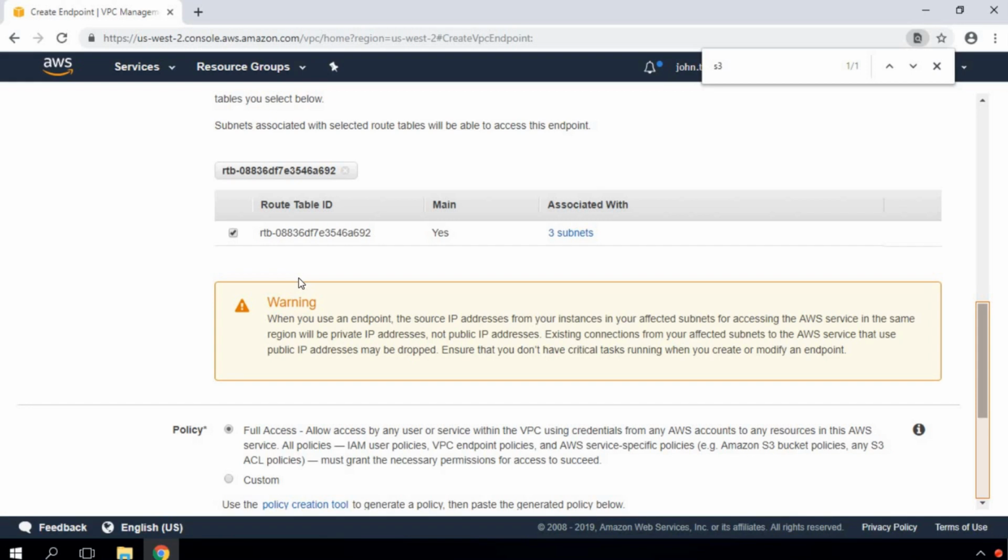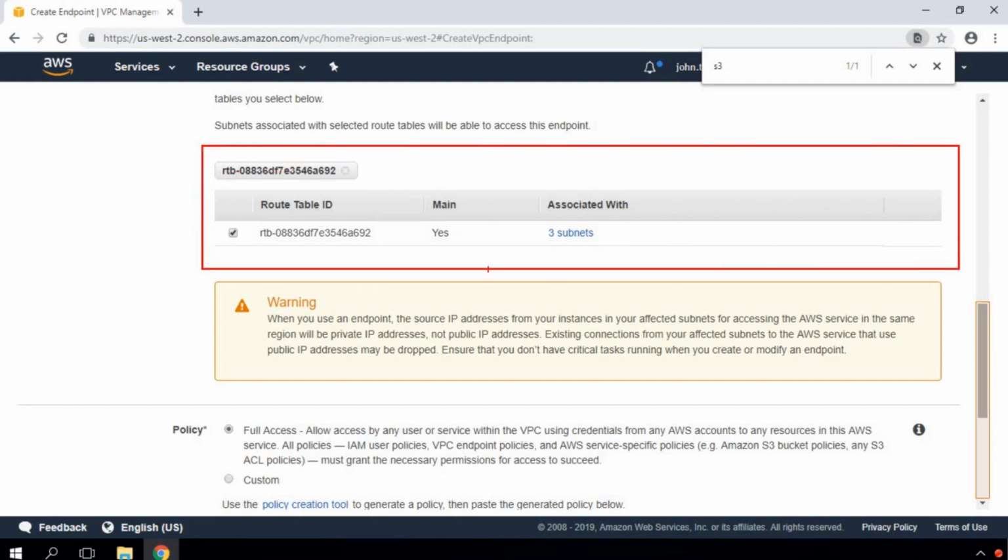So we are doing this subnet association with the selected route table to give endpoint connectivity, so that our subnets, or the workloads running inside our subnets, can have access to this endpoint. That's what this particular step is all about.